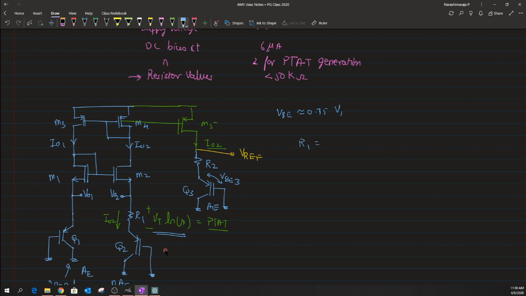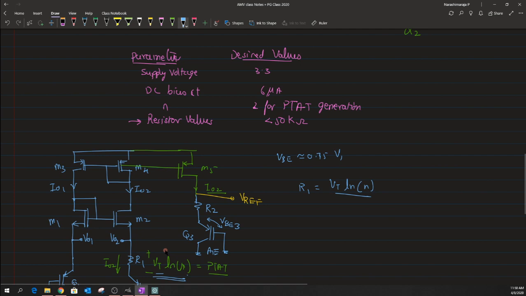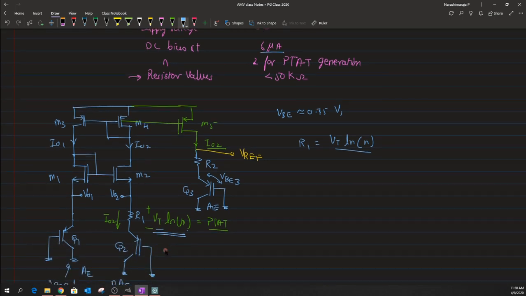That becomes pretty simple. We know the value of n, and the drop across R1 is given by Vt times ln of n, which is the PTAT circuit. This is the voltage drop,